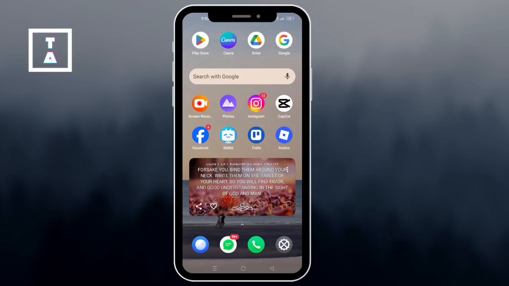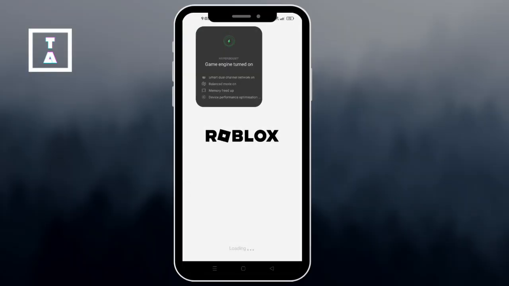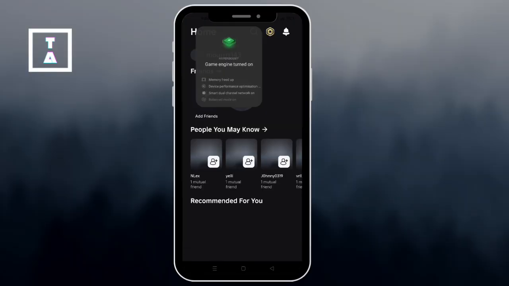Hey everyone, today I'm going to show you a quick guide on how to find free assets using the Roblox Marketplace right from the Roblox mobile app. Let's get started. First, start by opening the Roblox app on your phone and make sure to log into your